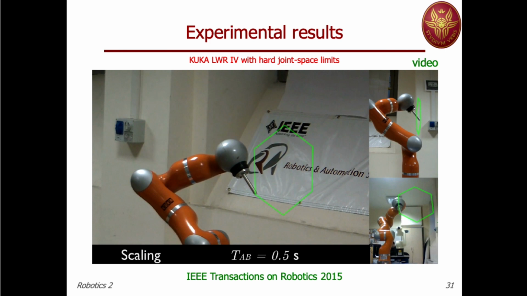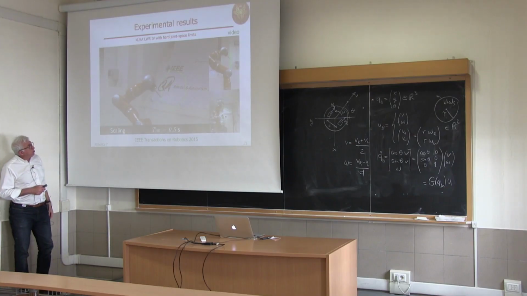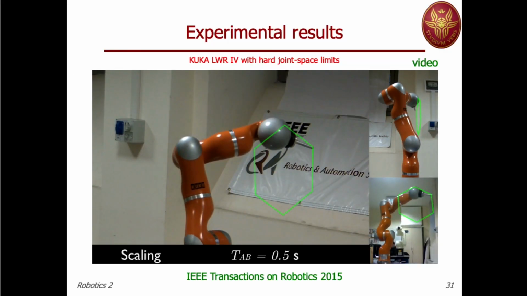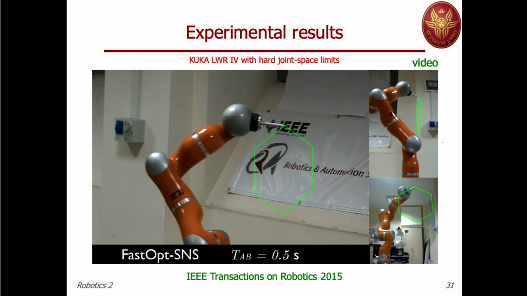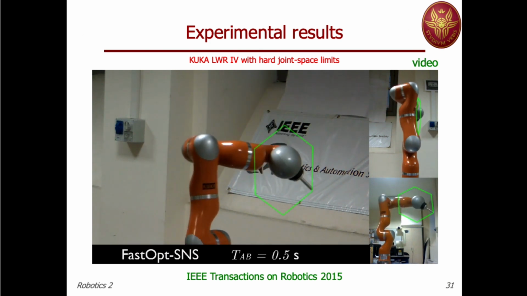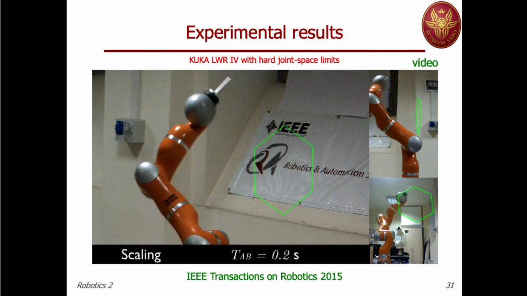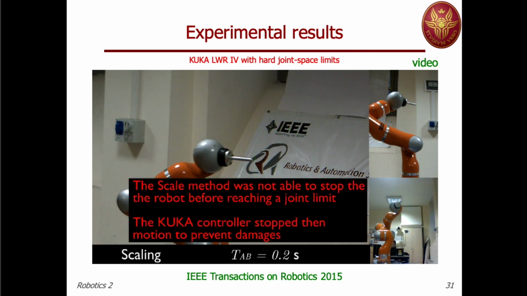And you see again that you have many problems in this area because you're getting very close to the joint range limits. So you have to slow down quite a lot. And now with the SNS method, you see that nothing changes. So you're doing the task, rest to rest for each segment, but at the correct higher speed because you require less time. And now if you go even faster, with the intermediate time of 0.2 seconds for each segment, then